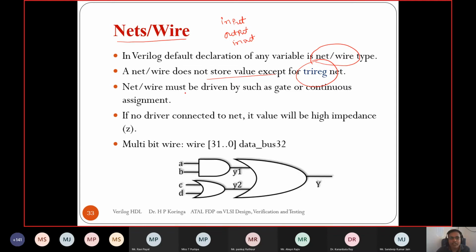And the net and wire must be driven by a gate or some continuous assignment statement. So here we can see this y1 and y2 are driven by this gate, right? So it is a net.